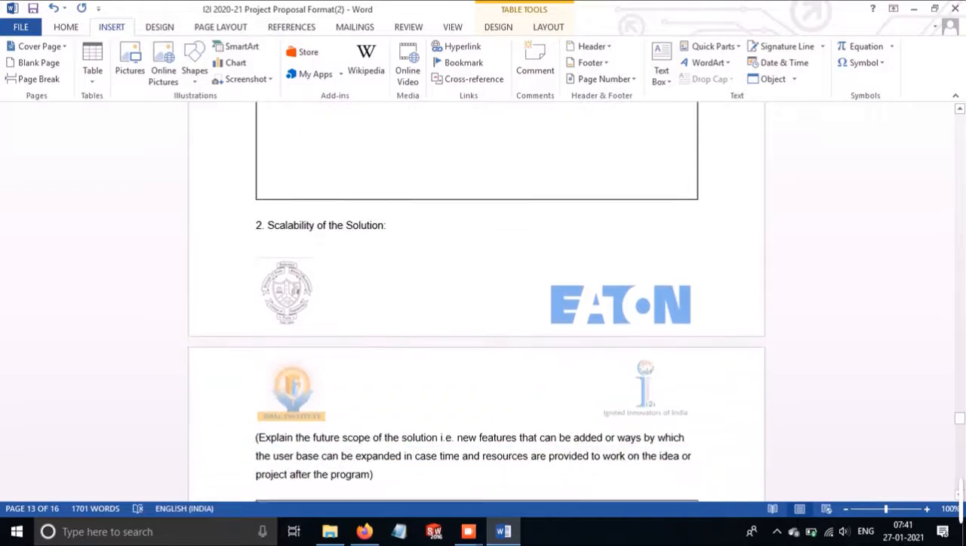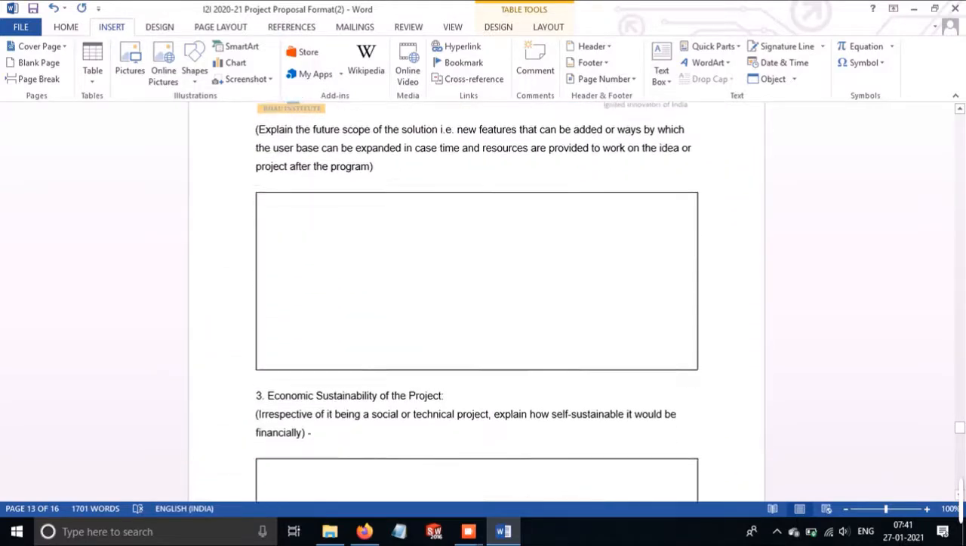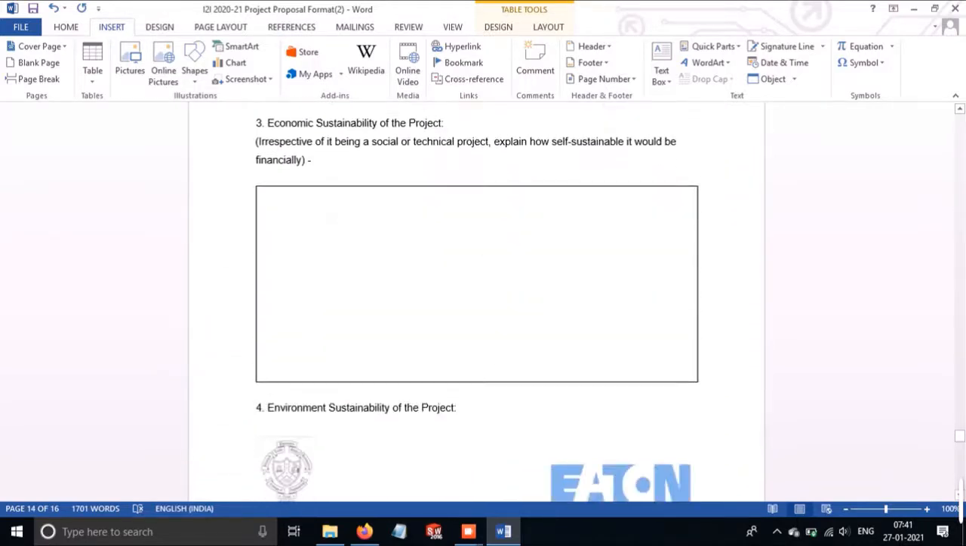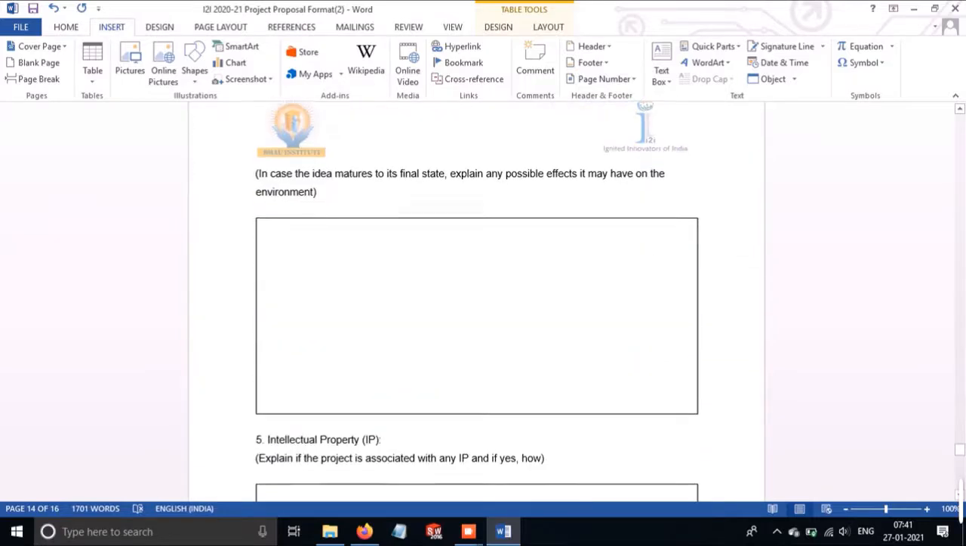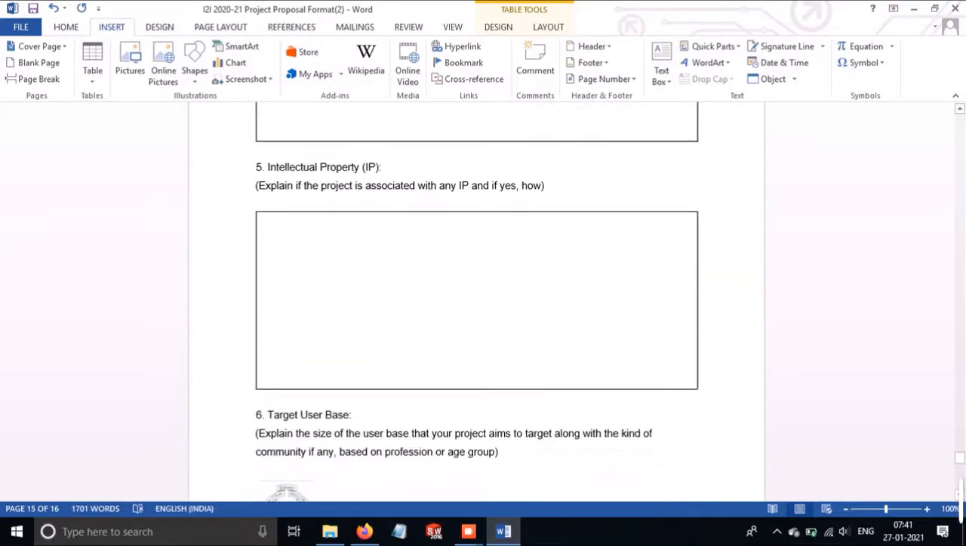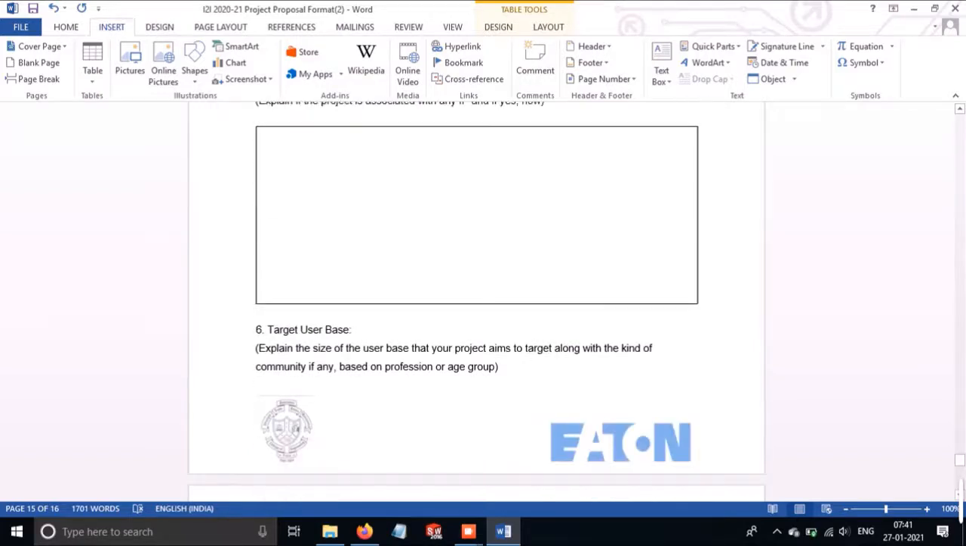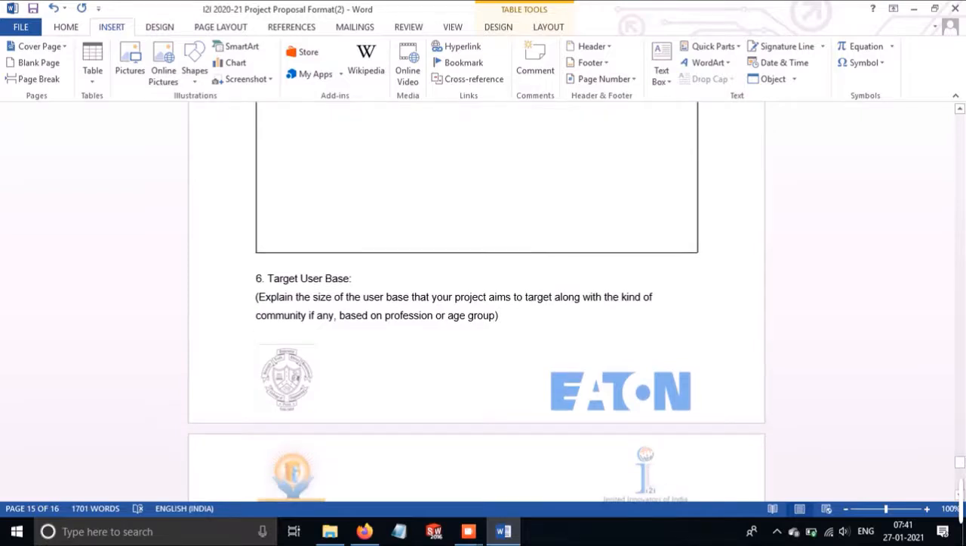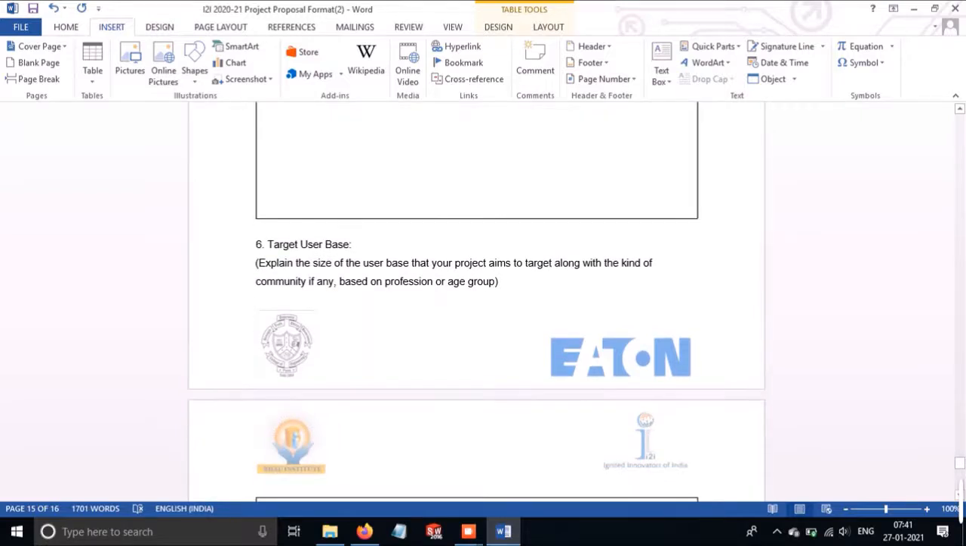What is the scalability of the solution? Economic stability of this project, environmental stability, intellectual property. Like, is it an intellectual property of someone? Is it to be patent or not? This kind of thing is to be entered at this particular table. Then the target user,